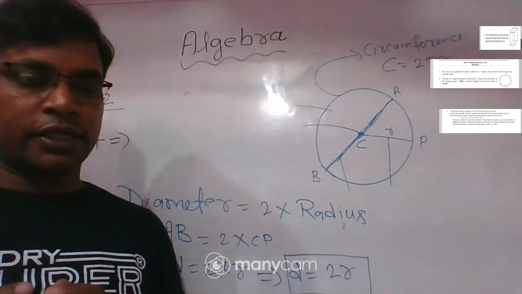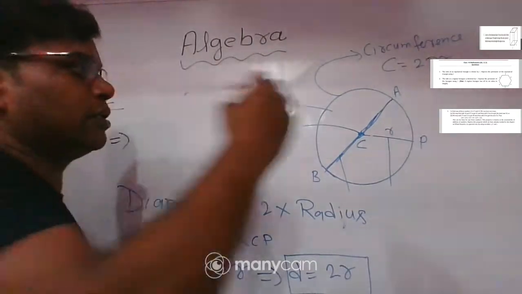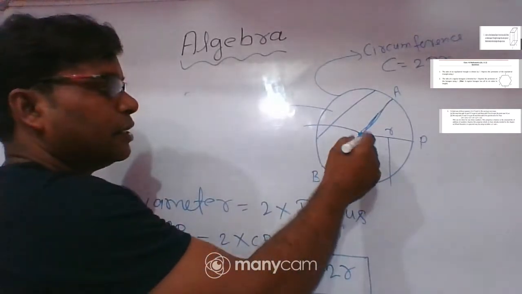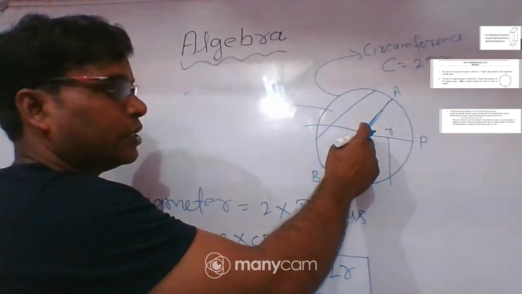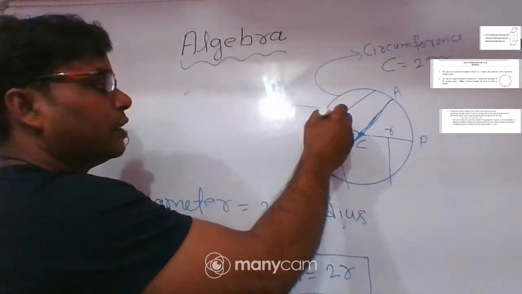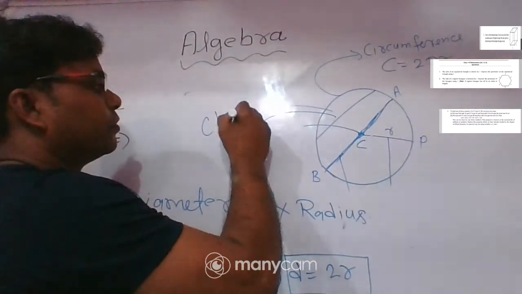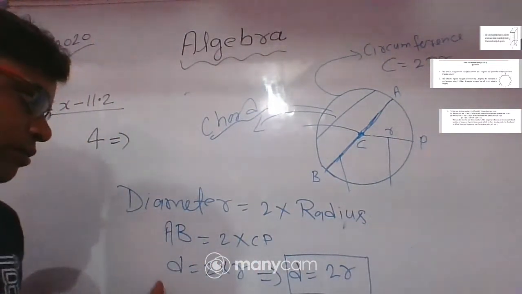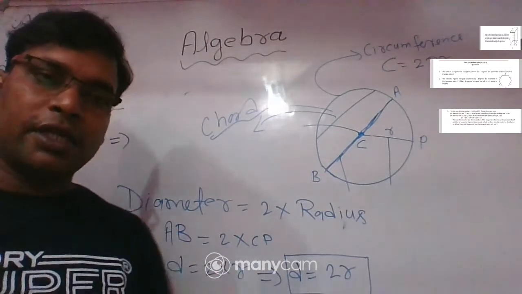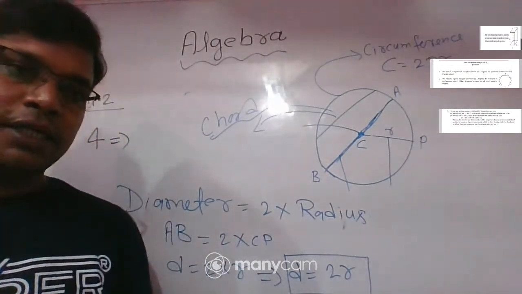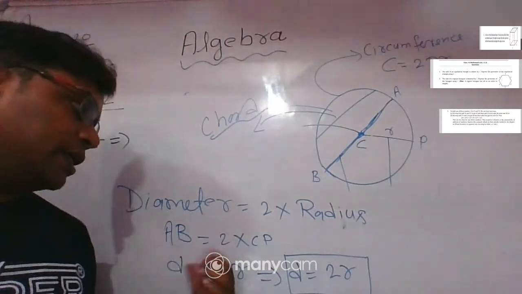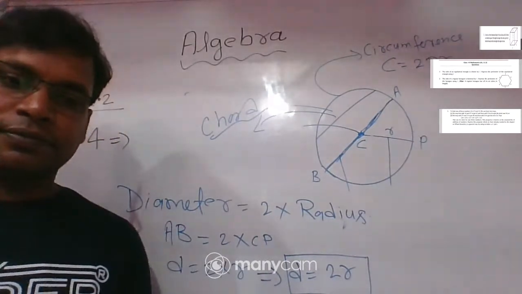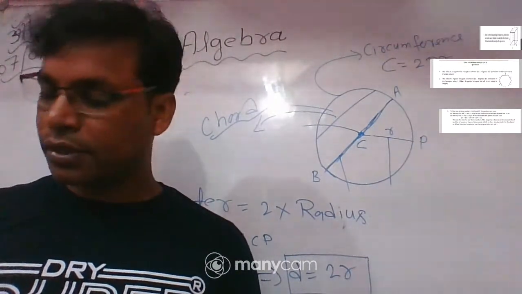If any line passes from one end to another end of the circumference and does not pass through the center, then this is called a chord. Look here. This line does not pass through the center, and this line is called a chord of the circle. But in your questions, you only need to know the relation between diameter and radius. For diameter here given d, and for radius here given r. So d is equal to 2r. This is the relation. Now the next question of this exercise,